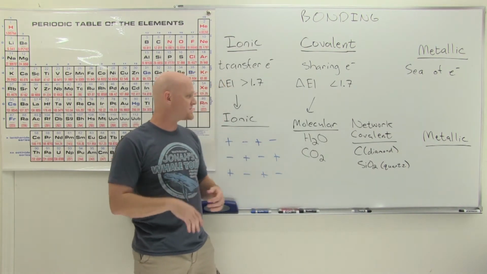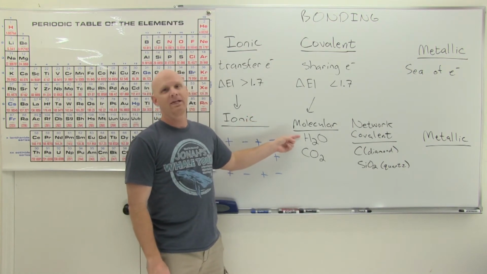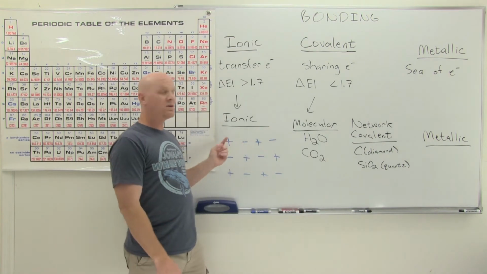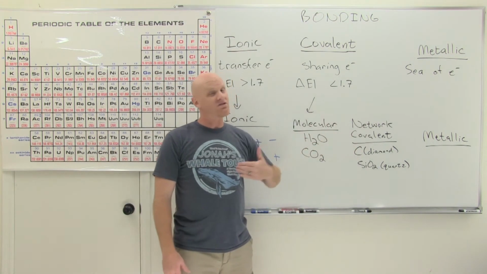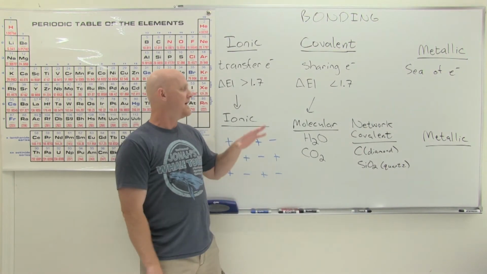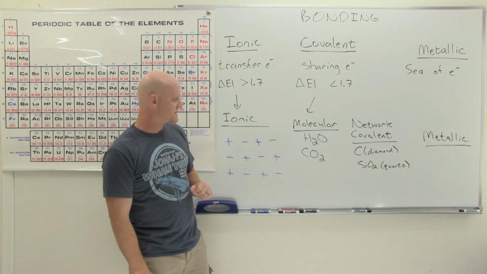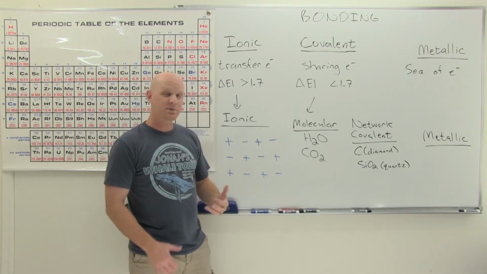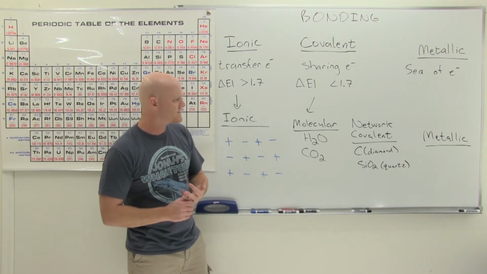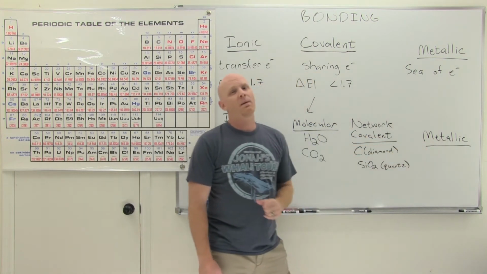To give you a comparison's sake, if you want to melt, say, ice, water, it happens at 0 degrees Celsius. If you want to melt sodium chloride, it's like 800 degrees Celsius. If you want to melt a diamond, it's in the thousands of degrees Celsius. So big differences, again, molecular, far lower melting points than the rest of these. Cool, and that's all I really want to say about molecular compounds as far as their properties, those lower melting points and boiling points. Moving on to metallic properties, there are some unique properties you need to know about metals,